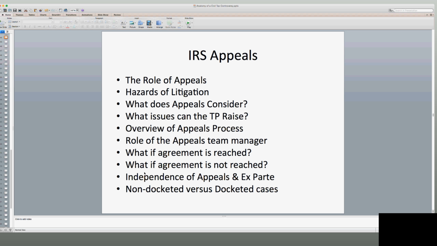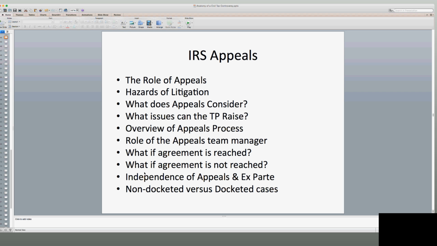So that was a huge deviation into Kovel, into audits, and I apologize if that went in a different direction than what everyone was anticipating, but those are usually the questions that keep tax professionals up at night and that I get asked the most frequently. I do want to get back on track, though, with IRS Appeals,